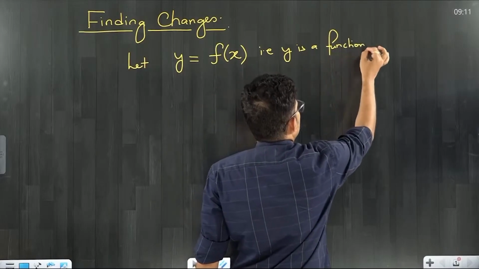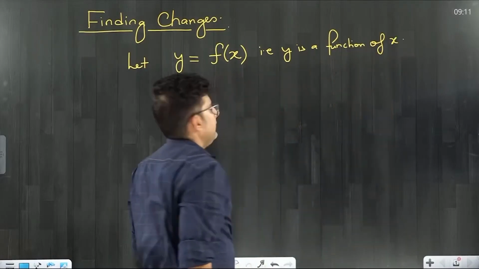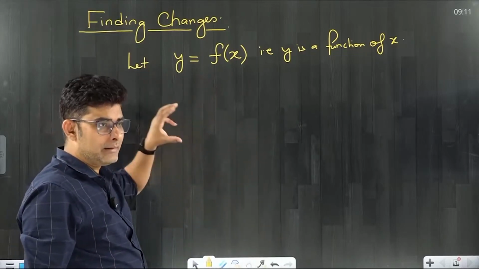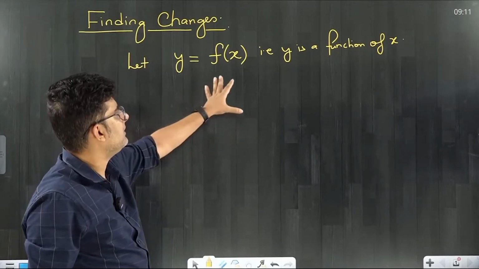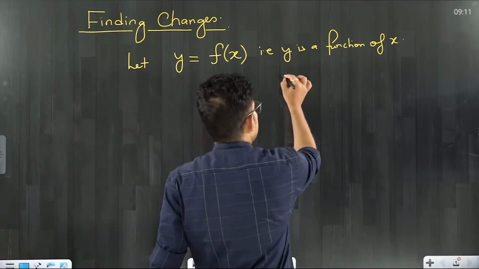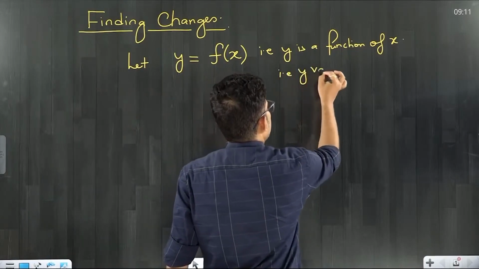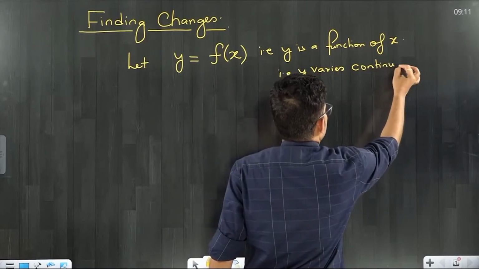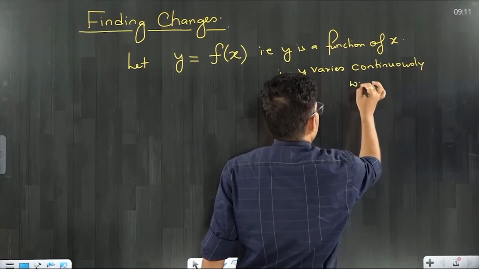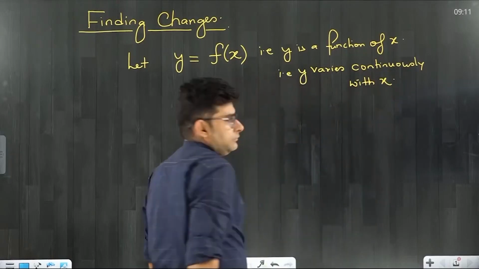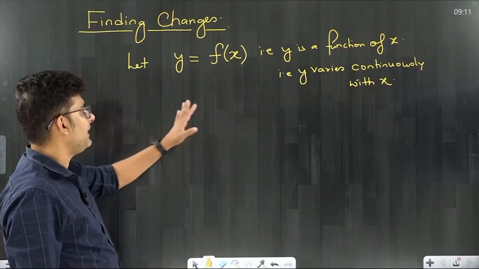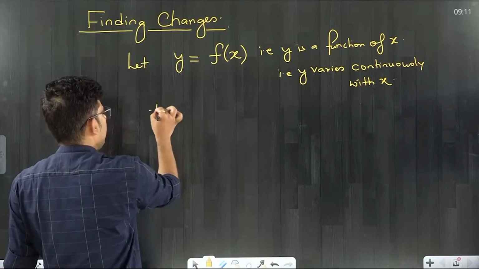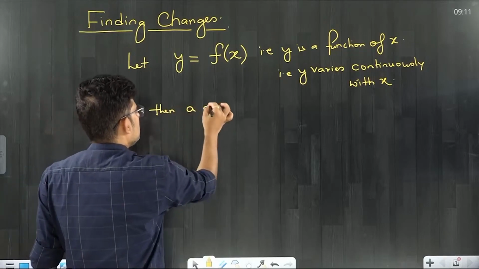So if we have two variables and they are related to each other by some mathematical operation and by some mathematical equation, so we say that y is a function of x, and that is, y varies or changes continuously with x. Clear? So y depends on x or y varies continuously with x. Then a change